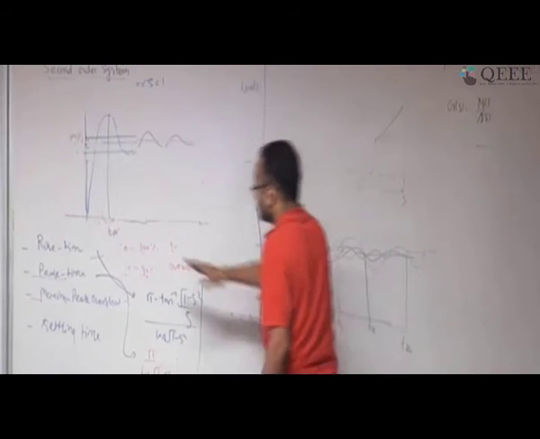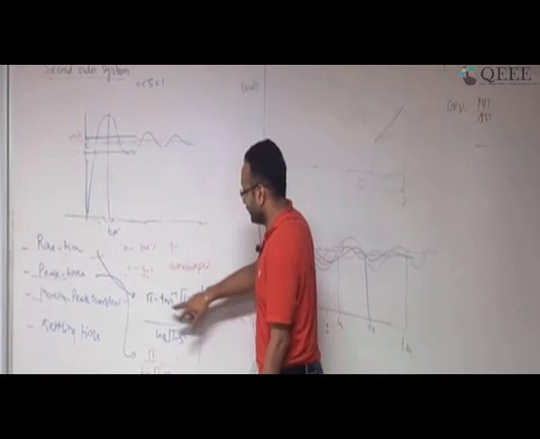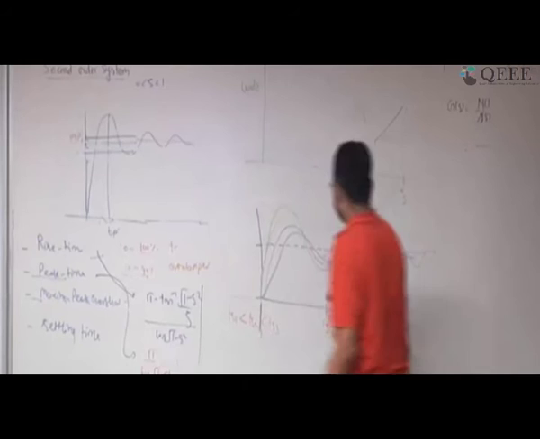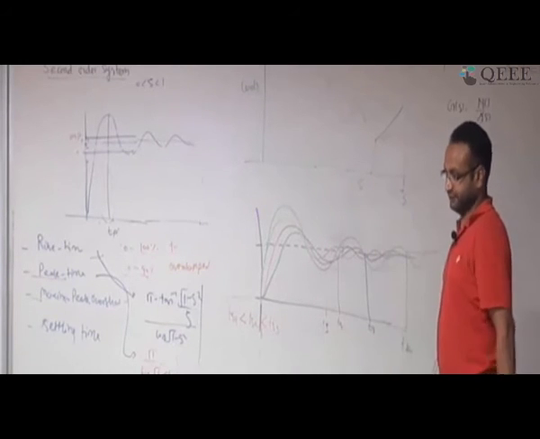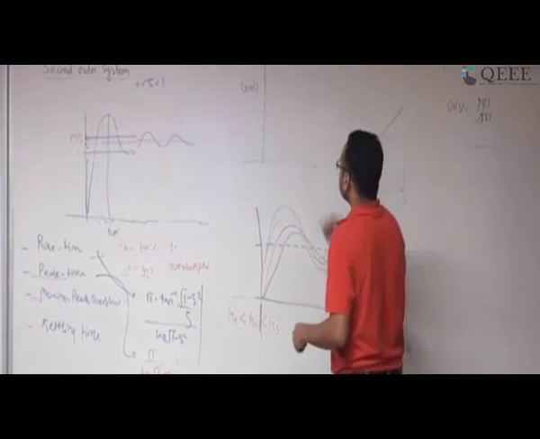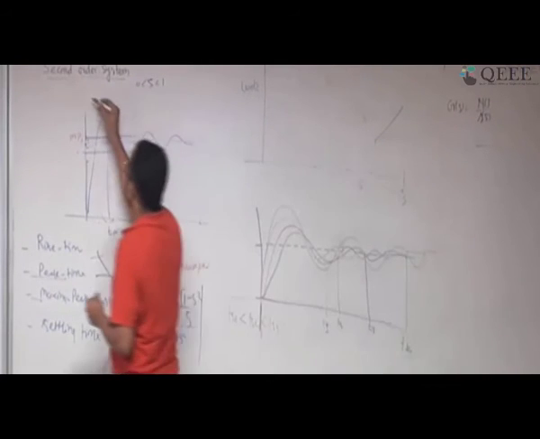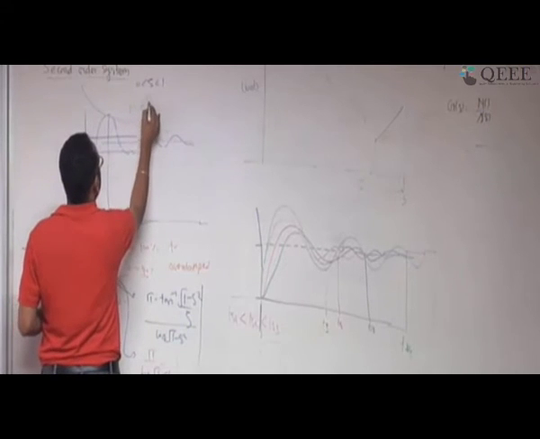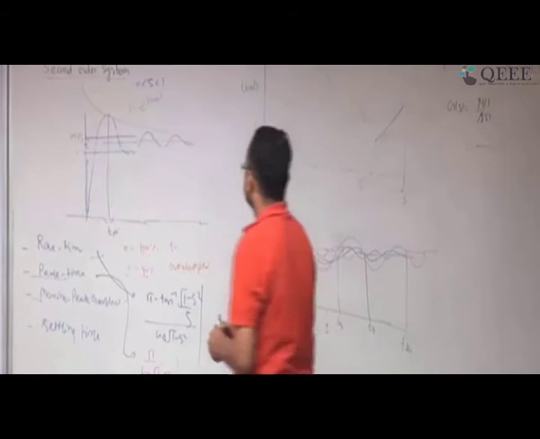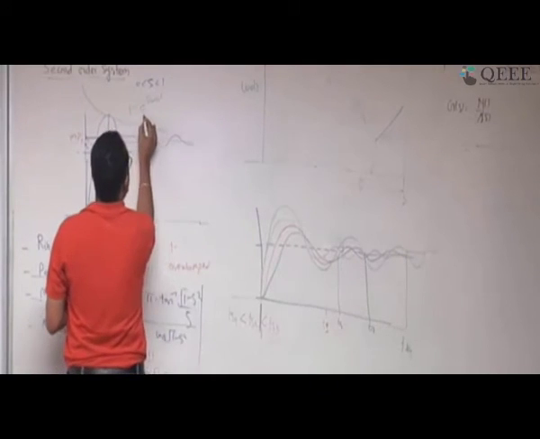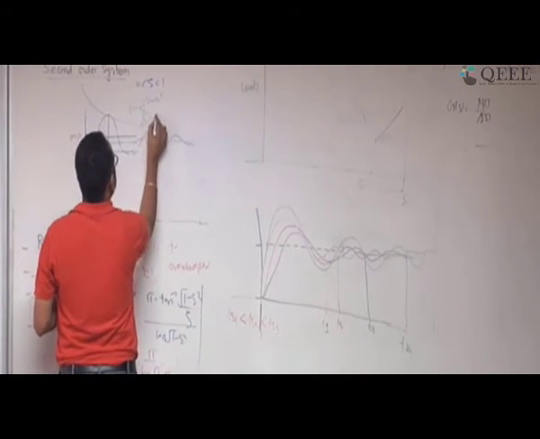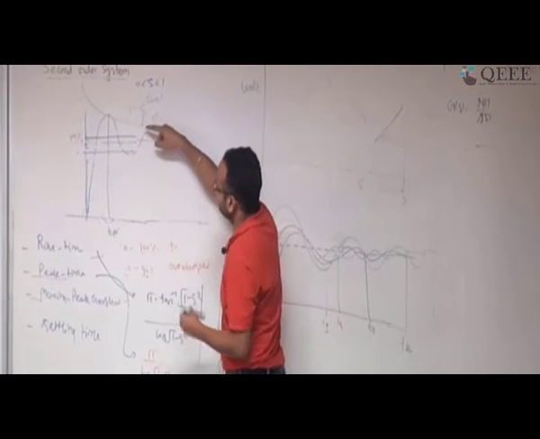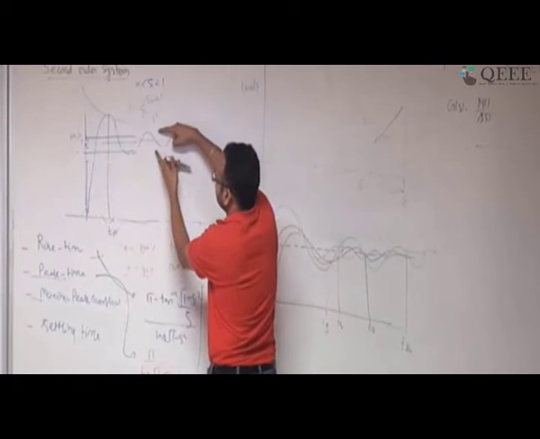Okay, so these are the 4 metrics which I have explained to you: rise time, peak time, overshoot, and settling time. Now how do I define this settling time quantitatively? What has been observed is that this decay is happening because of 1 minus e to the power minus zeta omega n Ts over the square root of 1 minus zeta square. This is the exponential term, so I want to see at what time it is reaching a tolerance band.